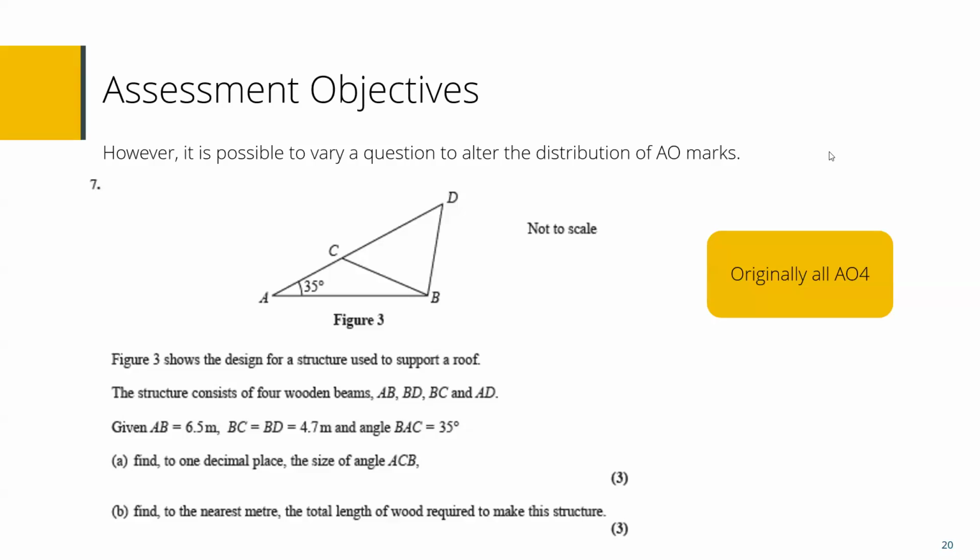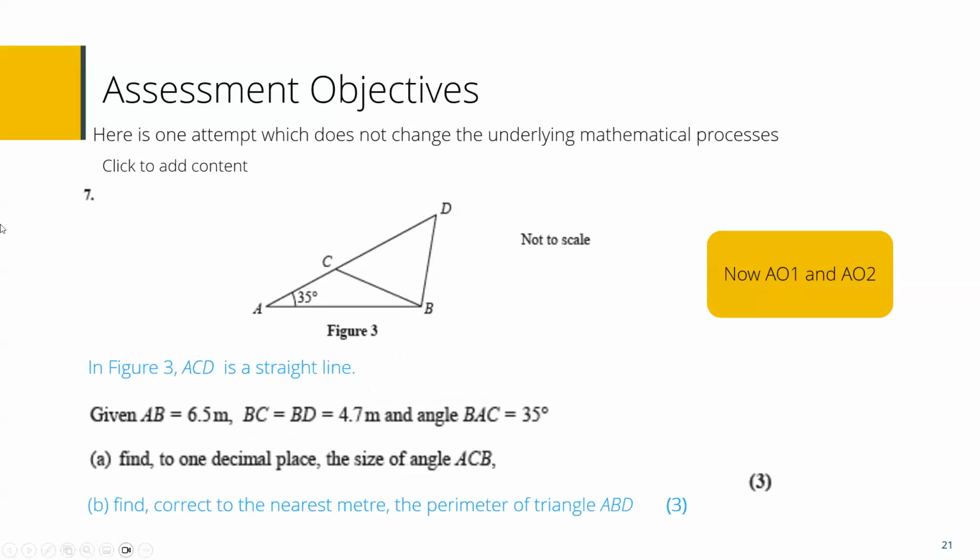Whereas here, because they have to interpret the problem and realize what maths they need to access to solve this, that's what makes an assessment objective 4. So if you change those first 2 sentences into something more straightforward, which allows them to go straight to thinking about what maths they need to use, remembering it, and then putting that together to solve it, that's different to what they have here, where they have to think of what maths do I need to access. And that's the alteration of that question there. So if you were to change the question like that, then it changes the assessment objectives.